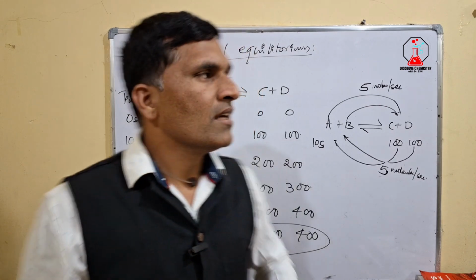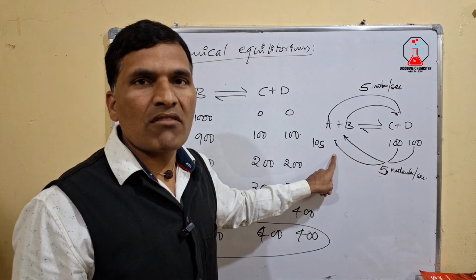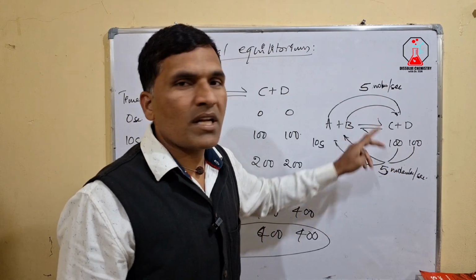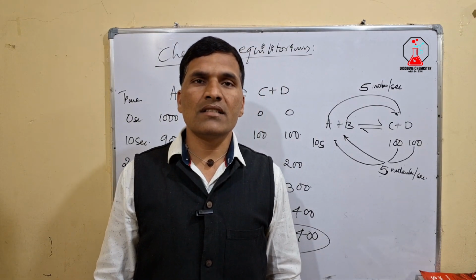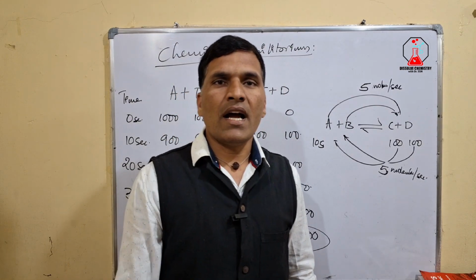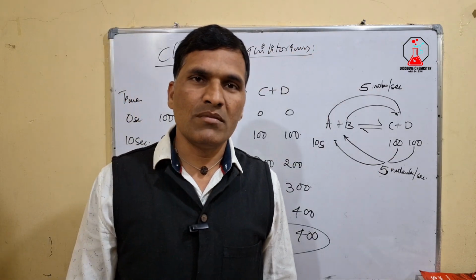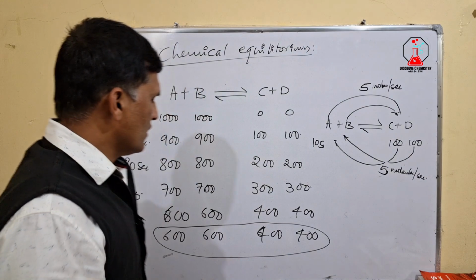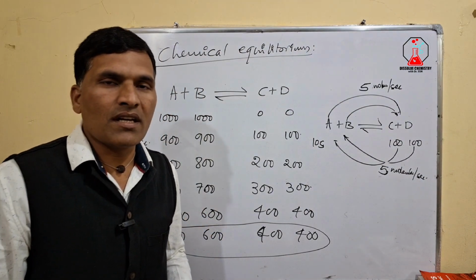What is the reason for that? Rate of forward reaction has become equal to rate of backward reaction. When rates become equal, there is no net change in the concentration of the reactants and the products with time. And that situation we call as what? Chemical equilibrium. Okay. So when the concentration remains constant with time, no change in the concentration, then we call it